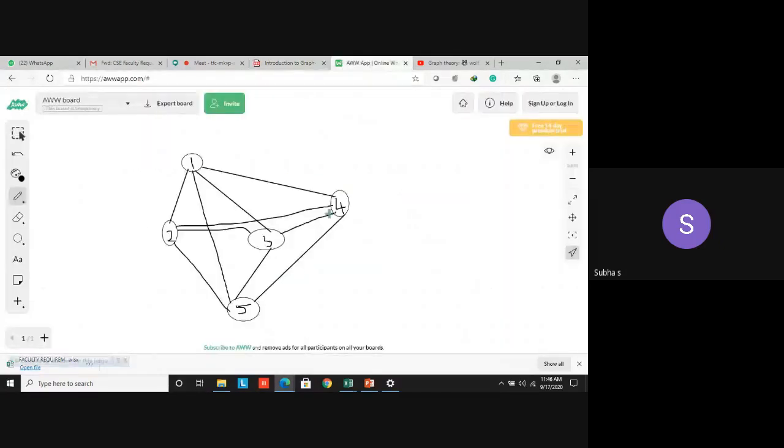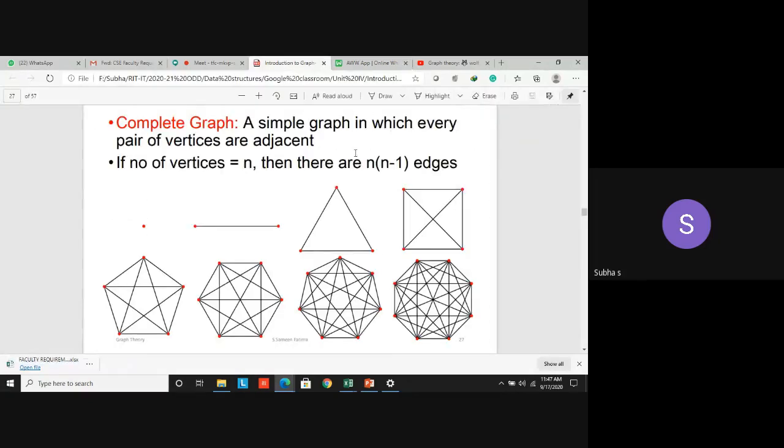Okay, I think I have mentioned correctly. So if the vertices are numbered as n, look at this first one, there is only one dot. It means only one vertex. We can just call it a graph, no problem. Now look at the second diagram. We have 2 points. That red color dot denotes the node or the vertex, and the line denotes the edge or arc. So here 2 nodes are there, and one edge is connecting them.